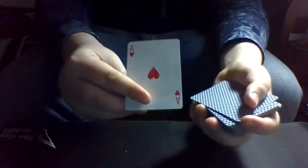So let's say we have the Ace of Hearts. We say, okay, let's lose it into the deck. And just like that, you have it on top. Now, what was that little cut I did in the video, or before? So I just did a double undercut, bringing it to the top. So it's on top, but then I just did that false cut. And just like that,